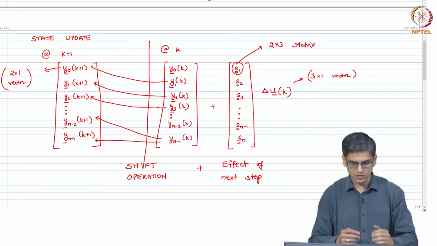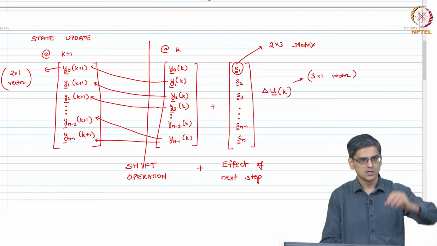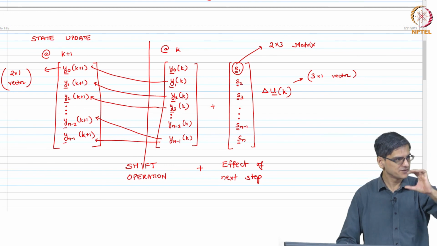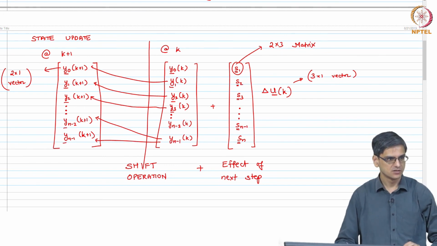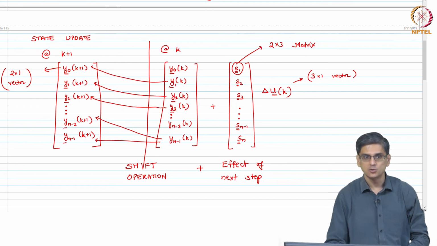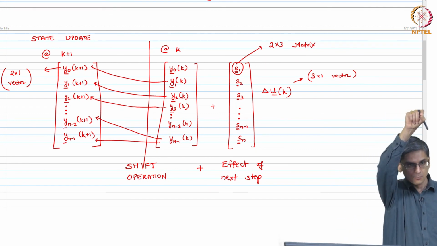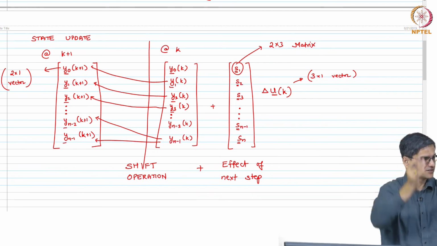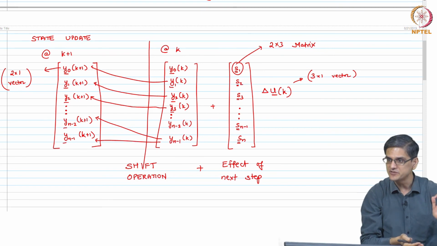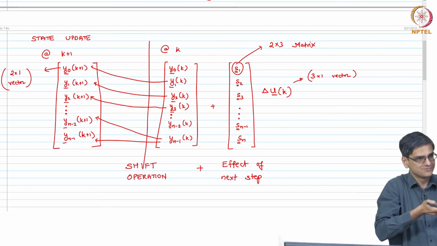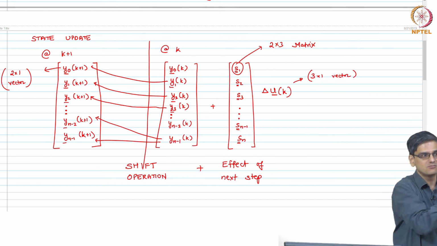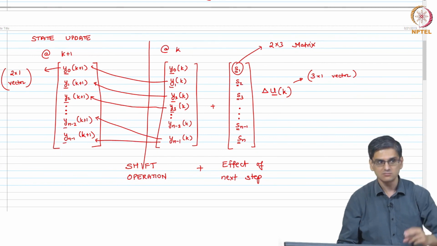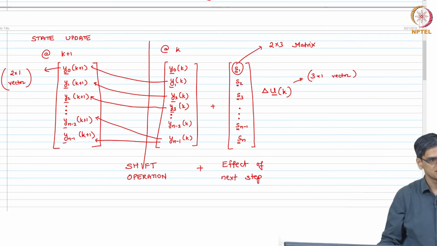right. Let us look at what does shift operation mean. You have our Y naught is 2 by 1 vector, 10 times. What does shift mean? You do not get rid of one number, but you get rid of one vector, which means you get rid of one 2 by 1 vector. How much will everything be shifted? Everything will be shifted by 2. Where 2 comes from? The dimension of the output. Okay. What gets repeated at the bottom? Last 2 elements gets repeated at the bottom.